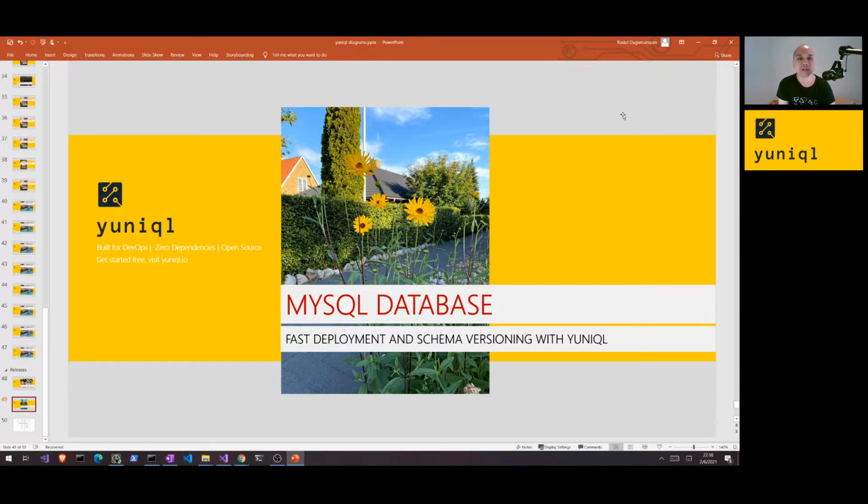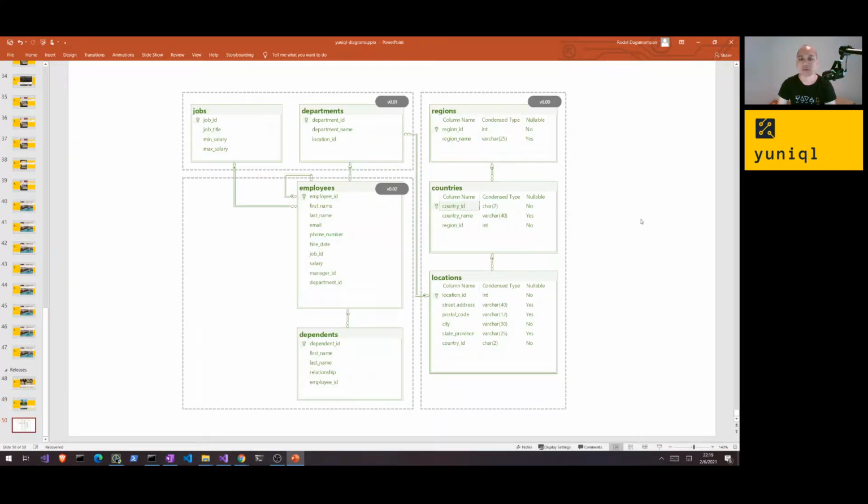In this video, I would like to show you how you can use yuniql to perform fast and repeatable database deployment, at the same time tracking the version history of your database schema. yuniql is a tool that is free and open source, and you can check it out in GitHub. To be more specific for this demo, I would like to show you how you can foresee the